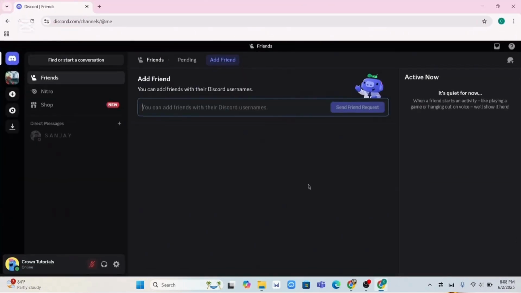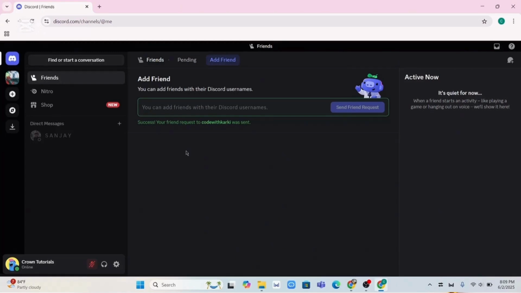Alright, after you open up Discord, you'll get such an interface. So from the homepage or direct message, at the add friends section, you can easily search for the friends whom you want to add on Discord. So after you click on add friend, from here you can easily search their username whom you want to add as friends. So from here you can search the username or Discord ID, and after you search it, you can click on the option send friend request, and from here you can as usual send the friend request on